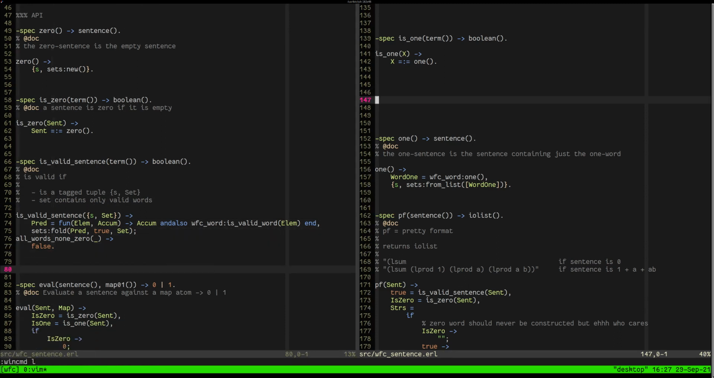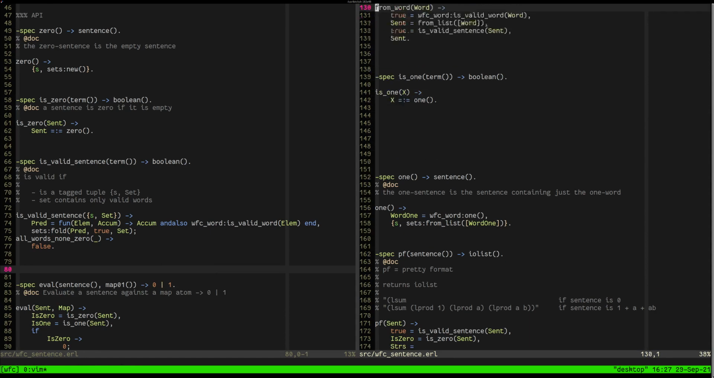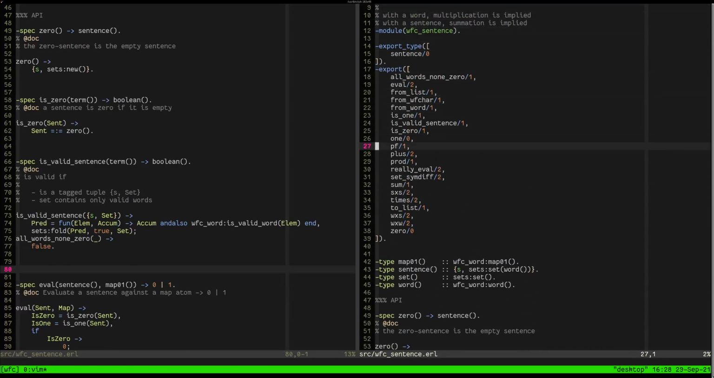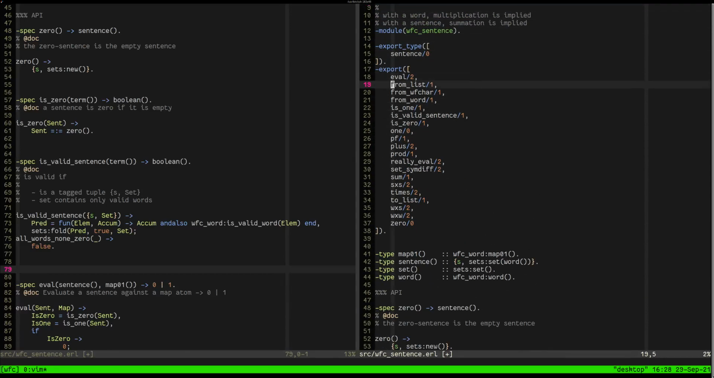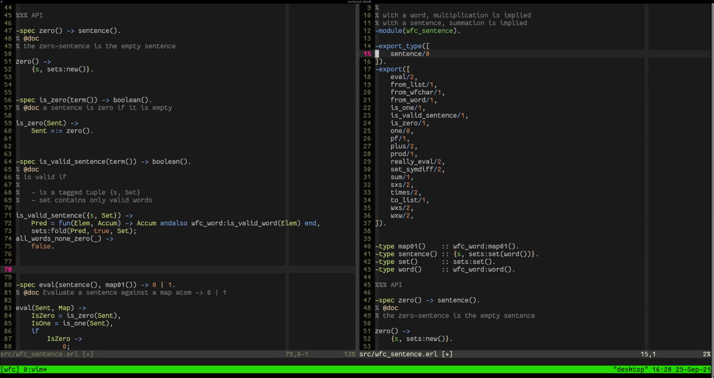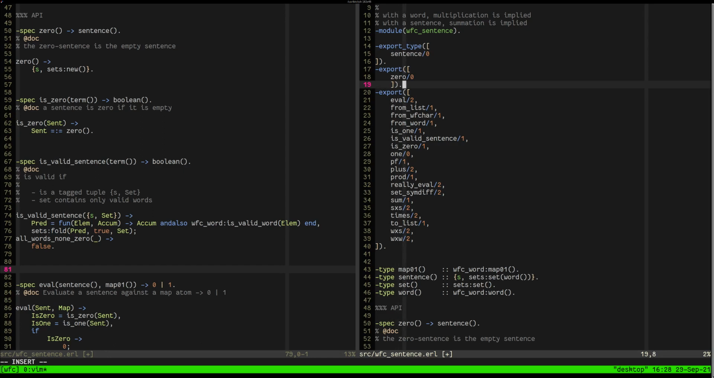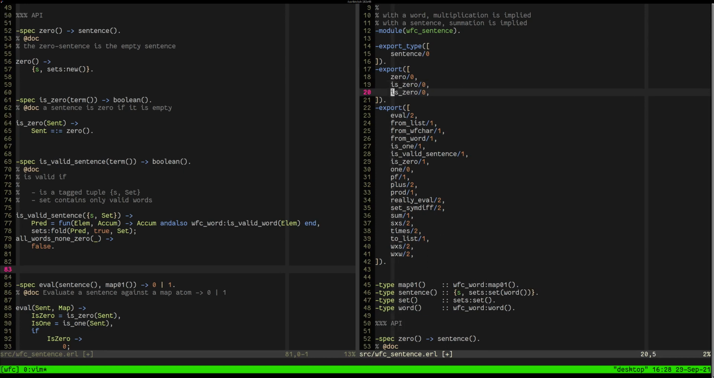Okay, what's the next? This can get deleted. I'm just going to reorganize these. Fact, export. Zero is zero is valid sentence. A sentence is sort of our all-seeing, all-knowing type. Okay. The next